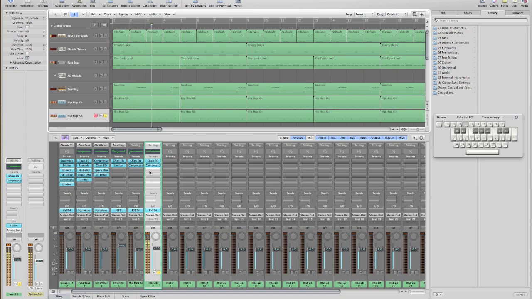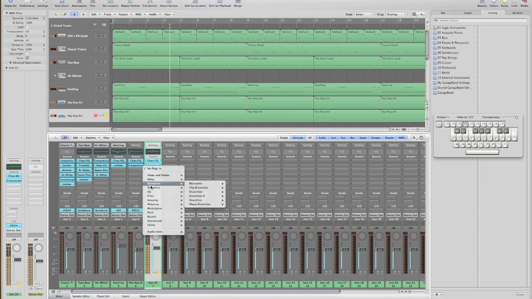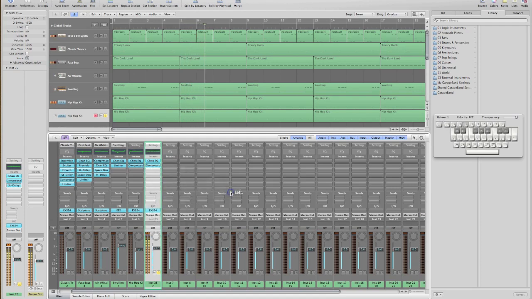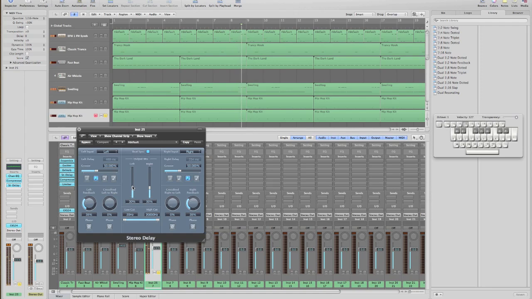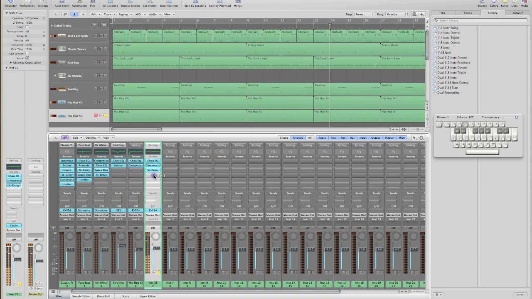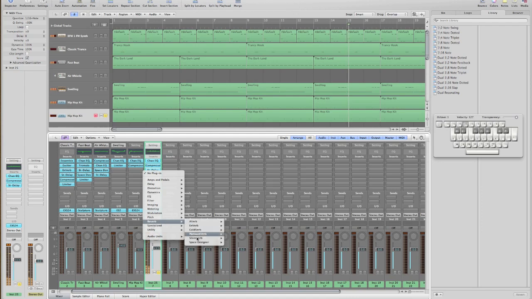And I'll show you what I'm talking about. I'm going to add a stereo delay by going to my options, stereo delay, mono or stereo. Oops. And then I'm going to change the actual mix percentage to about 10%, so you can just hear it a little bit. You won't be able to hear it that much in the beat, but it'll add just a little touch. Then go to reverb, Platinum Verb,